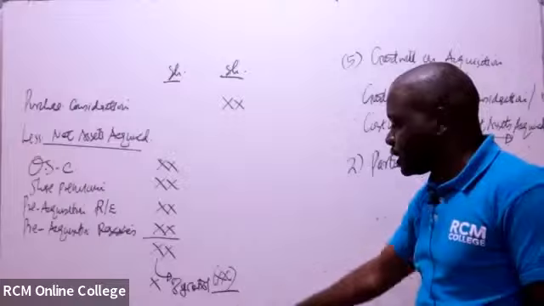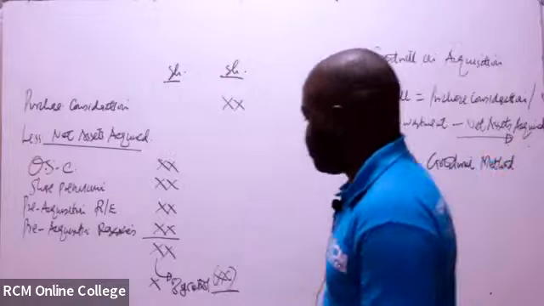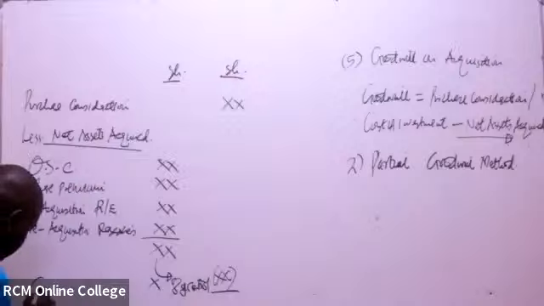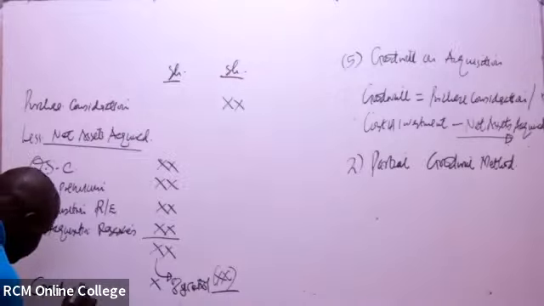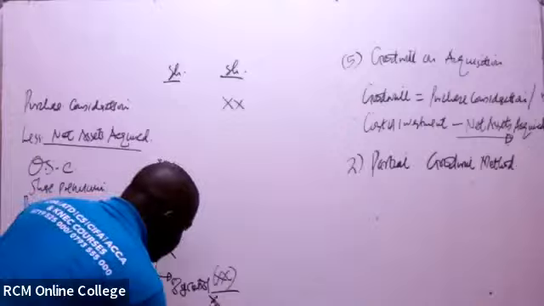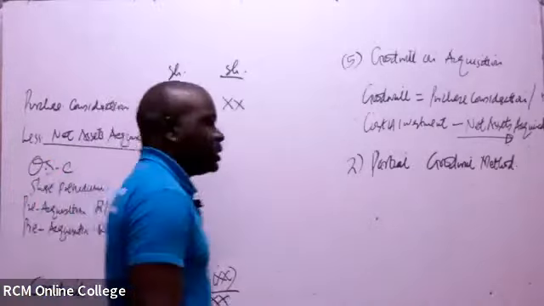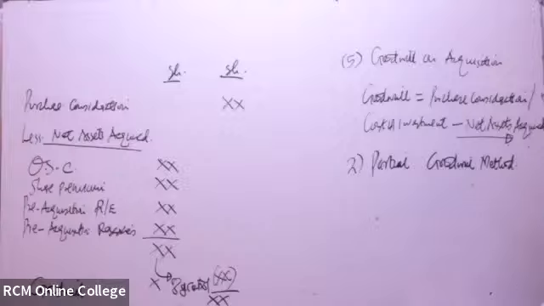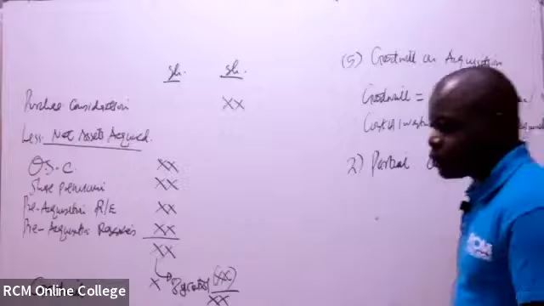You'll actually be able to get the goodwill. So you'll be able to get the goodwill like that. If the examiner wants you to use the partial method, then in the additional information, remember for the one for full goodwill,